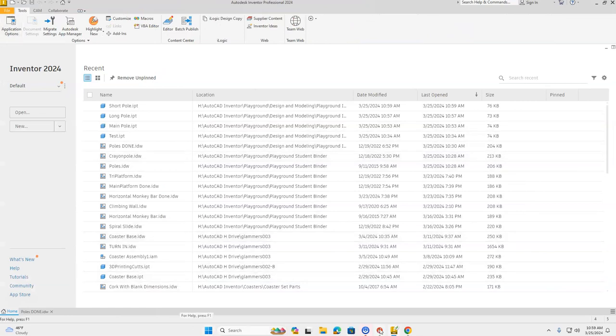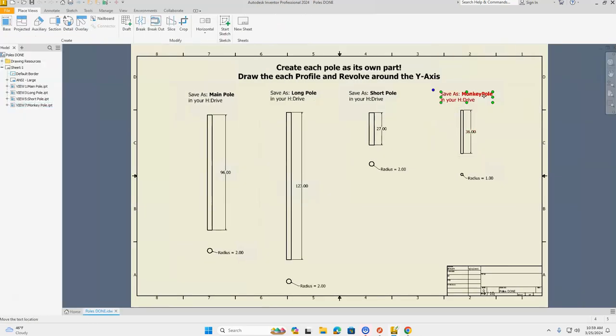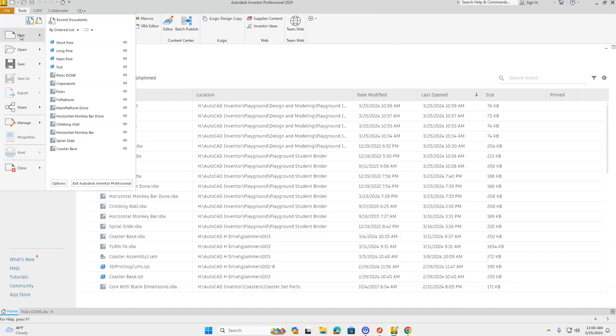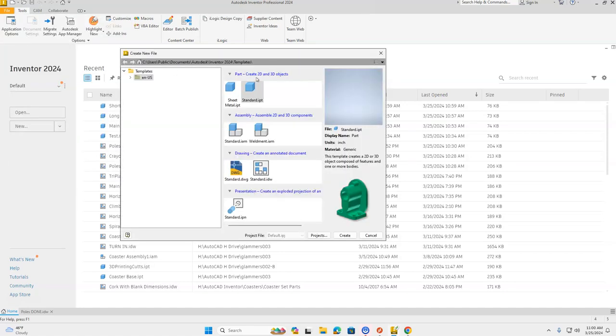Our final part that we're working with is our monkey pole. This is for our monkey bars and monkey ladder. Okay, so the monkey pole, it has a 1-inch radius and it's 36 inches long. Okay, so let's start by creating this part. Go to Orange File, in the top left hand corner, down to New, and then we're going to choose Standard IPT,